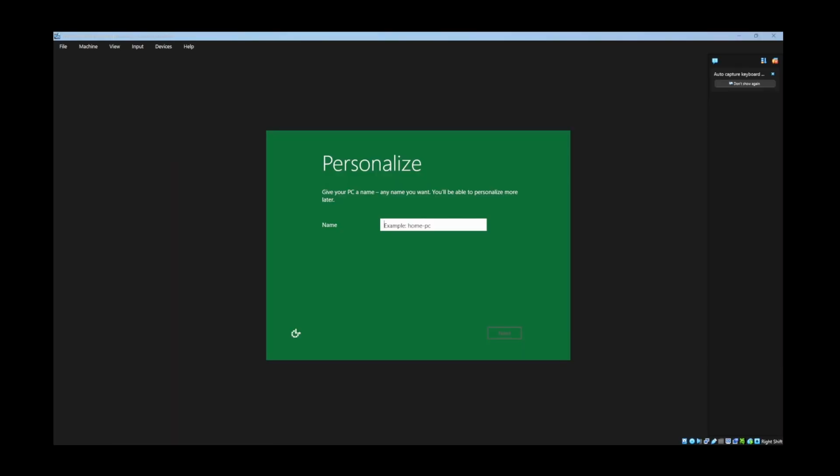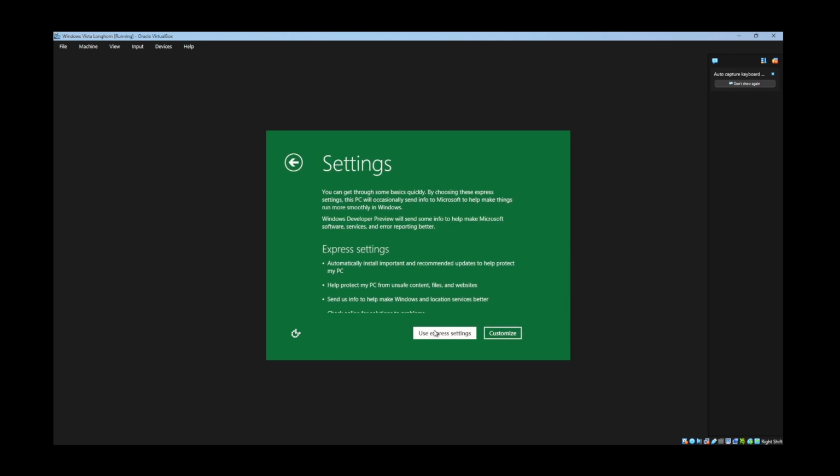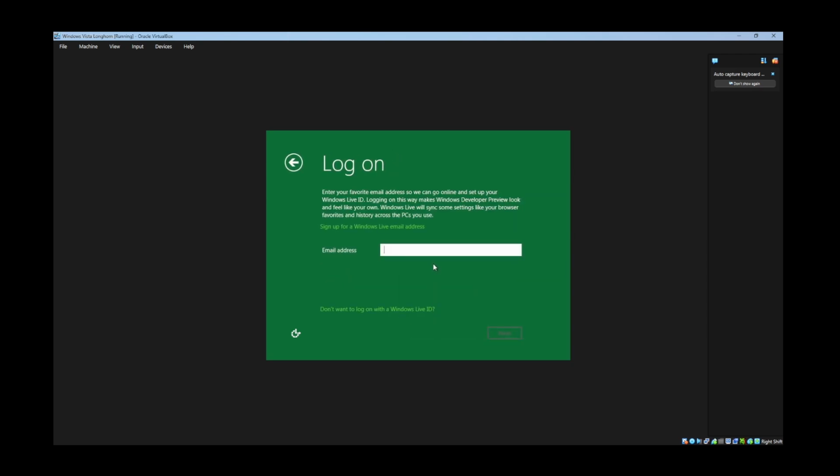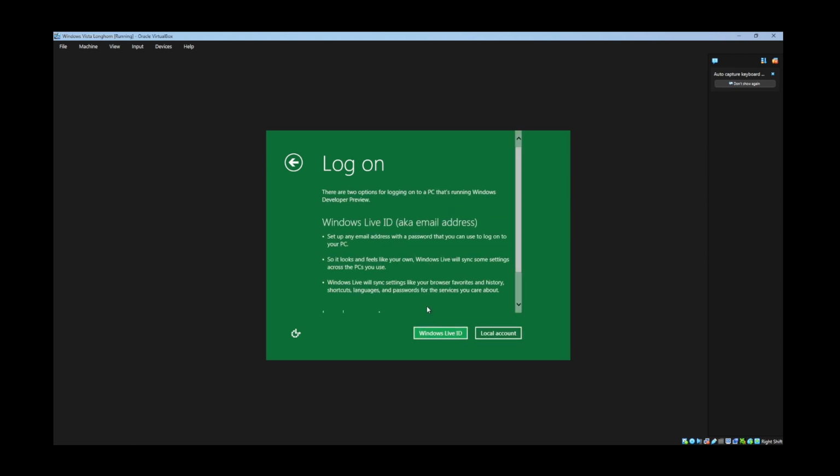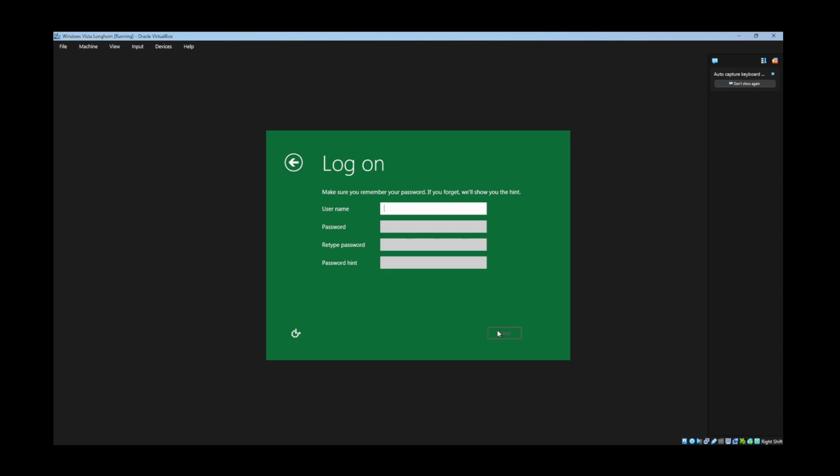Alright, so I'm back. Give your PC any name you want. This looks like the Windows 8 thing, just with no color slider. Like, no more color picker. Let's just do that. Sure, express settings, I don't care. Oh, no. What's a Windows Live ID? Already I'll look, okay. I said Microsoft account. Okay, whatever, let's just say,